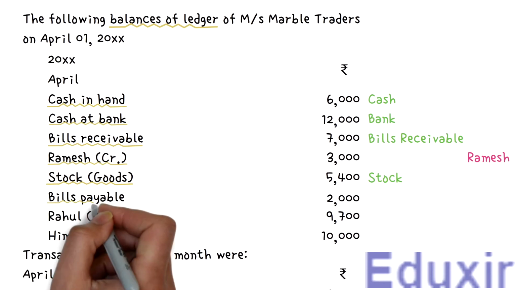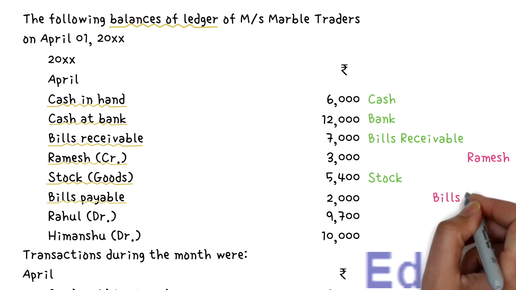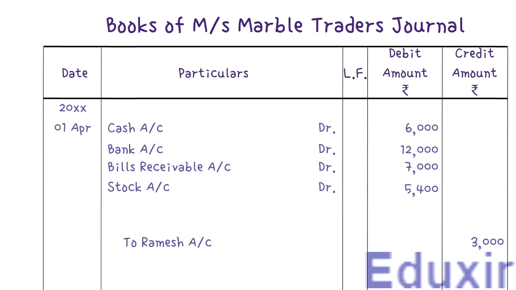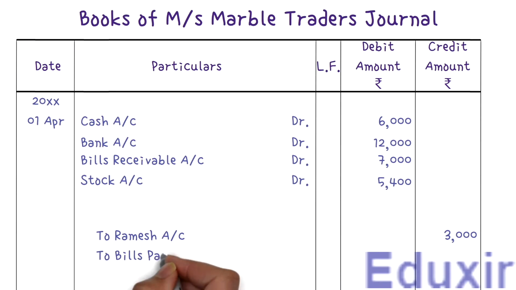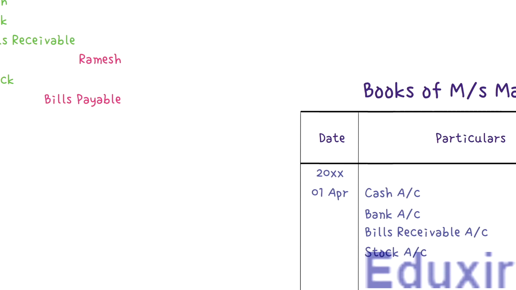Here, bills payable of 2,000 rupees is brought down. As you know, the bills payable represents a liability and should be recorded as such. With this analysis at our disposal, let us now proceed with the journalizing of this transaction. Let us first record bills payable as the credit entry. Let us then record 2,000 rupees in the credit amount column. With that, we have completed the journalizing of the bills payable balance brought down. Let us now take up the next balance.